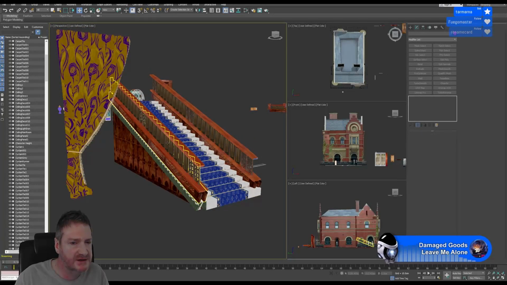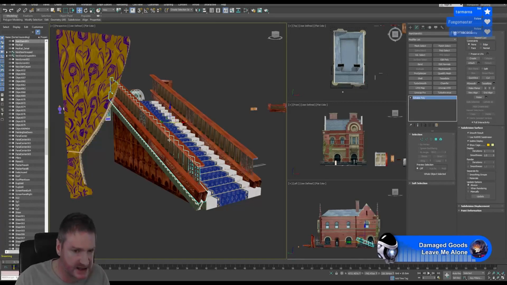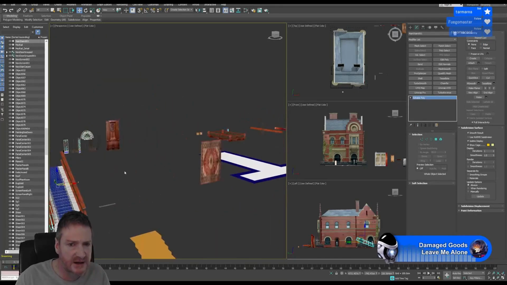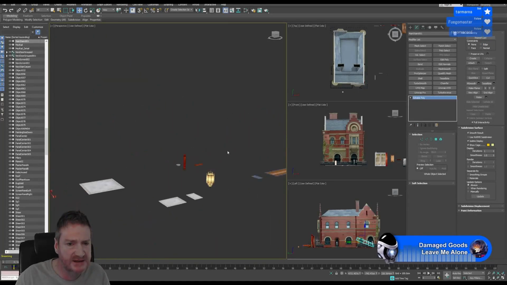So we're going to work on just swapping out these railing sections here. I'm just going to select those and select